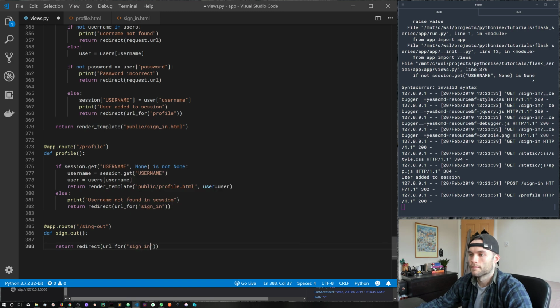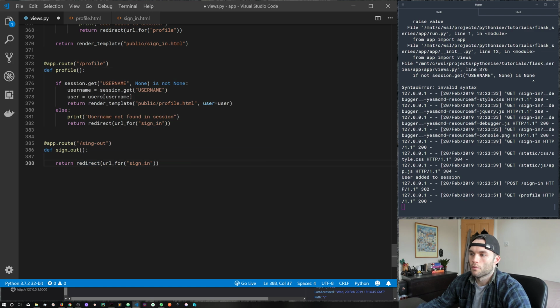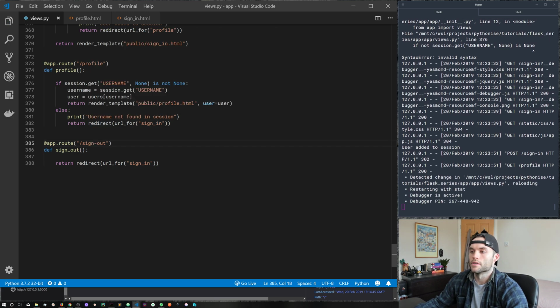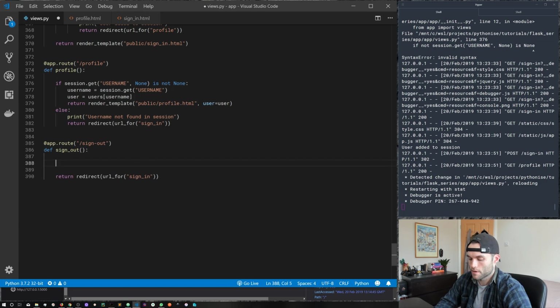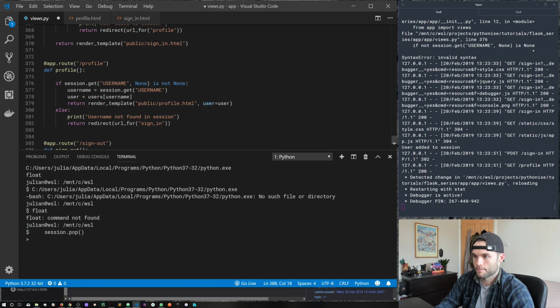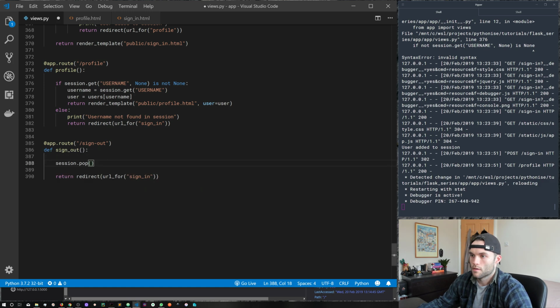sign in. Okay, so what do we want to happen when somebody clicks on a link, not sign out, goodness gracious me, sign out, thank you very much. Right, so when someone visits the link sign out, what do we want to happen? Well, we want to clear this username key from the session. So we do that with session.pop. And because it's a dictionary, we can use pop, and then we'll provide it a key, username, and that would